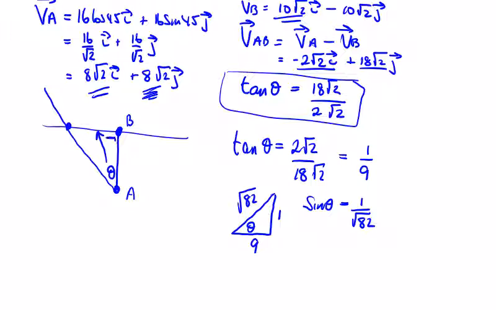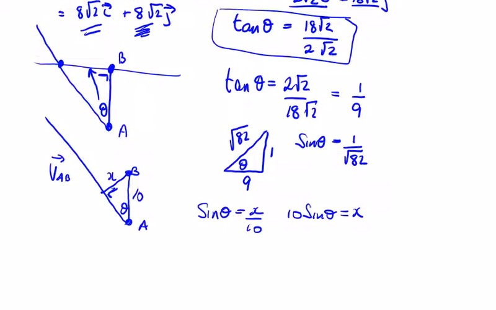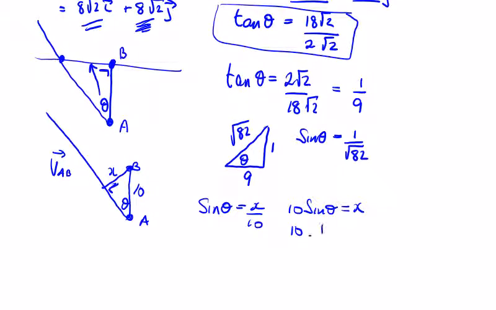So the right angle was in here, that's why this diagonal is the hypotenuse, but now at the shortest distance we have A and B, velocity of A relative to B. And my shortest distance, my right angle, is here now, so 10 is the hypotenuse, theta is the same angle, so we can say that the sine of theta is equal to x over 10, so 10 sine theta is equal to the shortest distance,